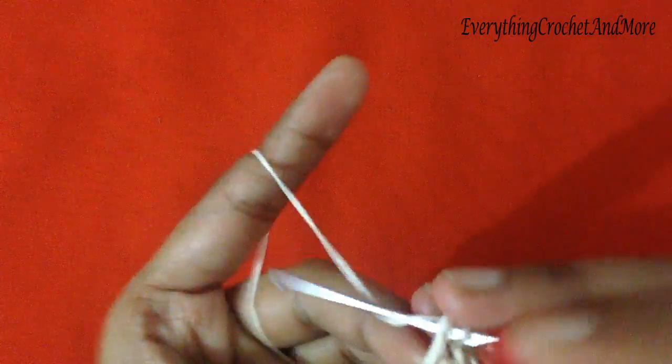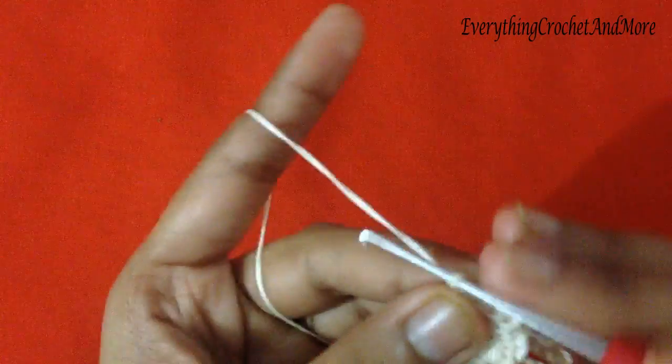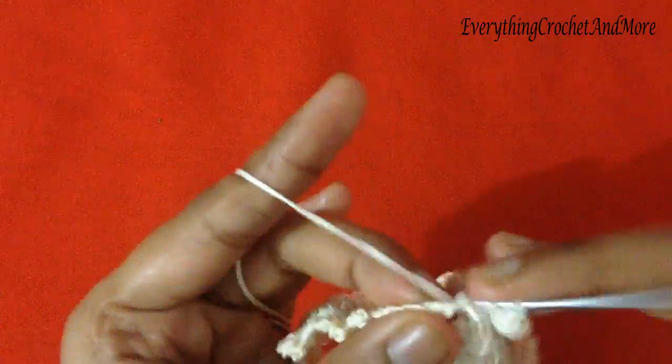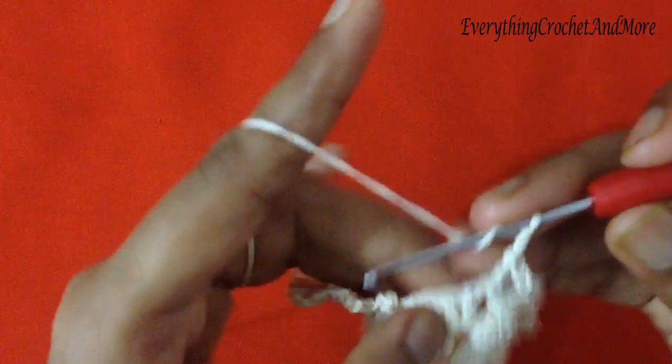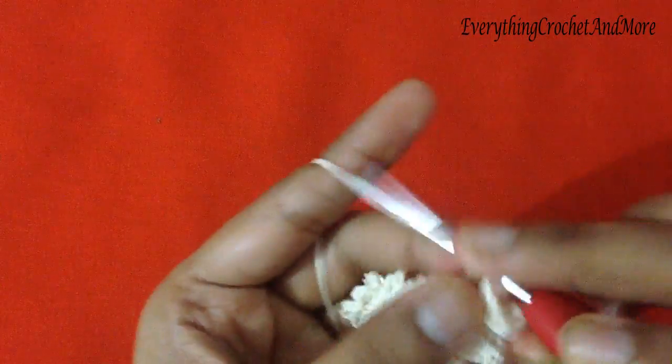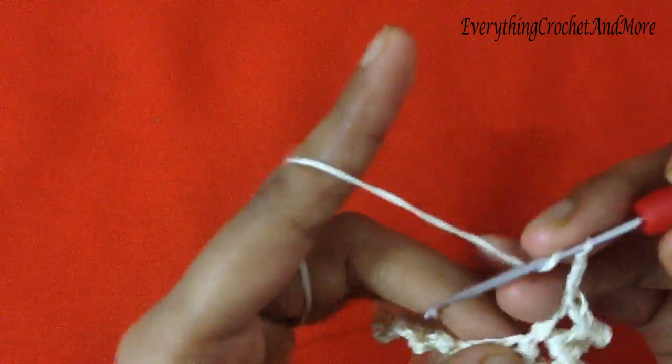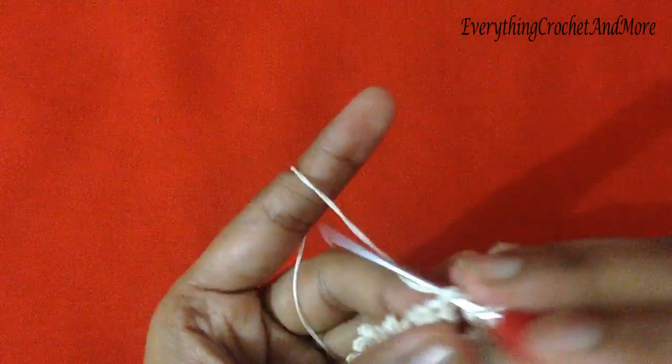1, 2, slip stitch in the loop, and again chain 3, 1, 2 and 3. Now double crochet in the same loop, 2 double crochet in the same loop, 1, 2. Now chain 3, 1, 2 and 3, and 1 double crochet in the same loop, 1, 2. Now chain 2, 1, 2, and 1 double crochet in the same loop again, then chain 3, 1, 2 and 3, and 3 double crochets in the same loop,